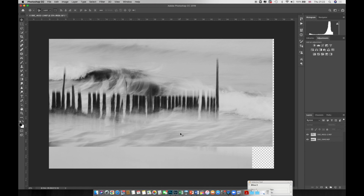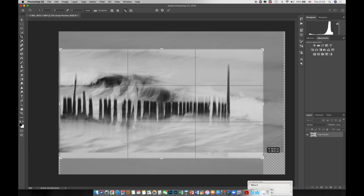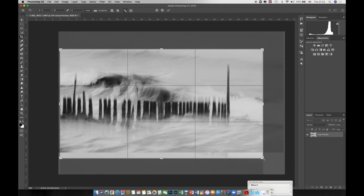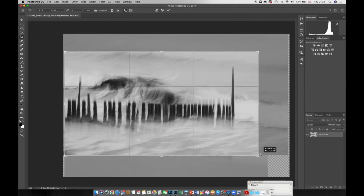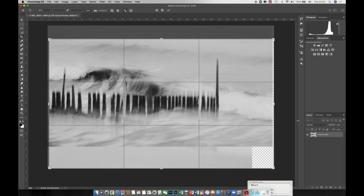So what I'm now going to do is just have a little crop and see what happens here. Let's try the 16x9 crop because one of them was already 16x9. Just want to make sure I don't lose too much length, or I don't lose too much here. In fact, what I'm going to do is take this out here. Let's take it back to the